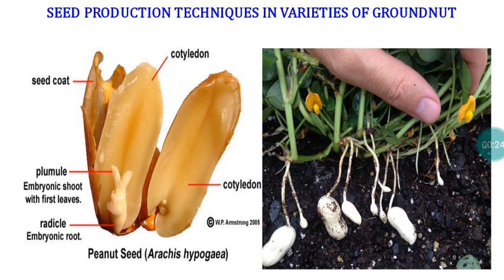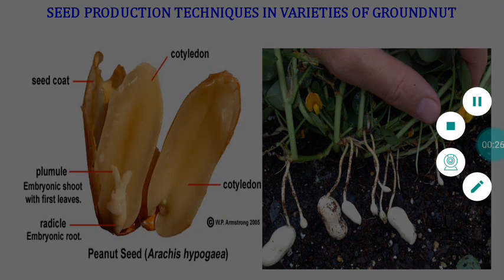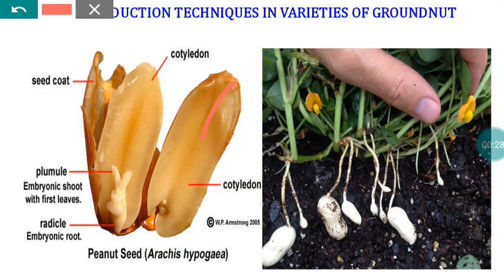Groundnut is a dicot seed. These have well-developed cotyledons, 2 in number. These two are the cotyledons. And to one of the cotyledons the primary embryonic axis is attached. So this is the primary embryonic axis. In that, this particular club-shaped region is the plumular region, whereas the radicle is embedded on one of the cotyledons.